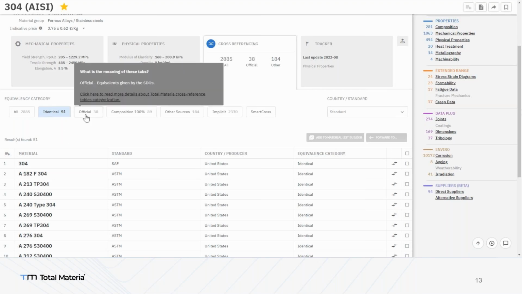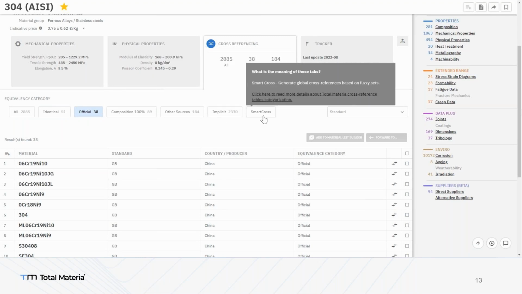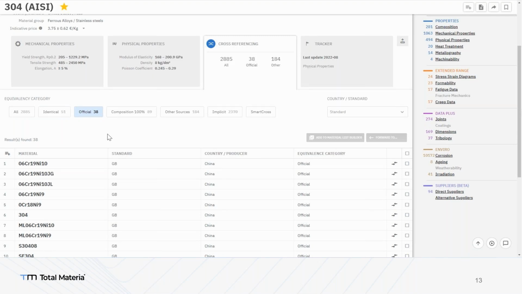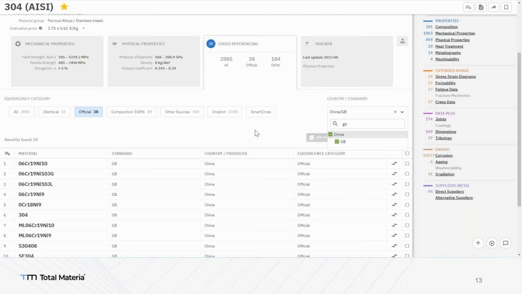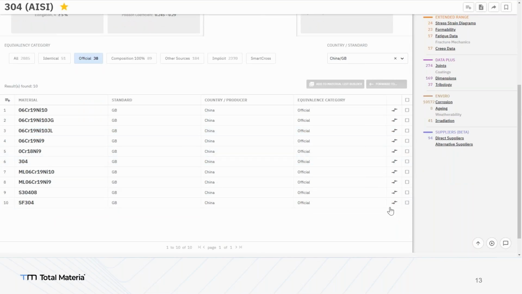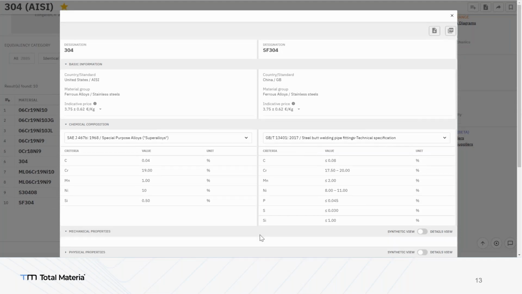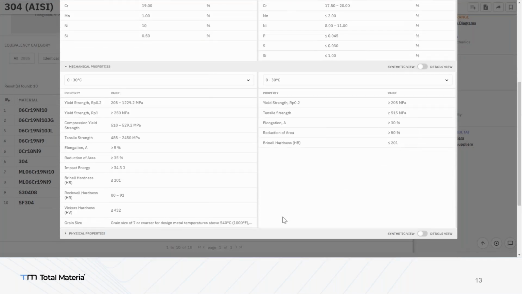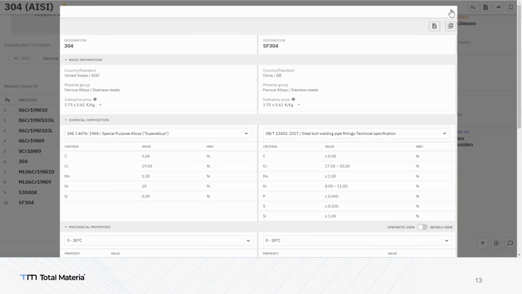Cross-reference, which is one of the most used options in Total Materia, you can find official, identical chemical composition similarity of this material, or just the GB standard equivalence I'm looking for. With one click, you will be able to see and compare these two materials side by side. You can save this file as a PDF. You can send it to your producers.